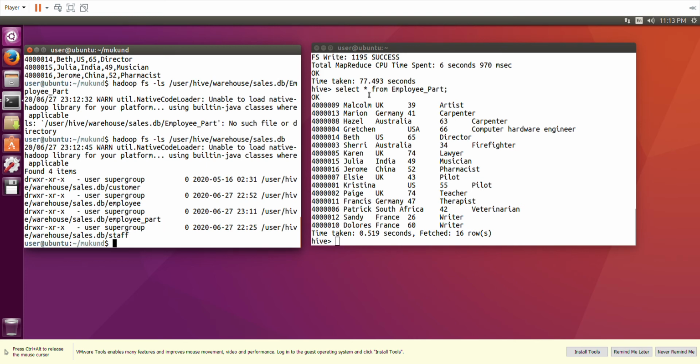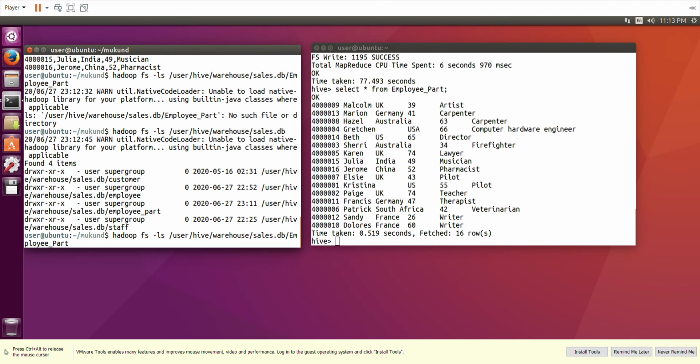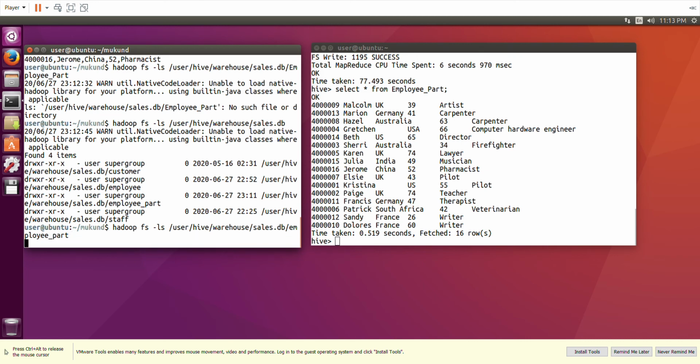So you can see the table has been created, and I had written E capital and P capital, but here it is creating employee underscore part. So let us go for that. Make the change, and always understand that there is a difference with the Unix or Linux prompt. It is case sensitive, so it will not show you if you make some mistake. So we have this employee part available.